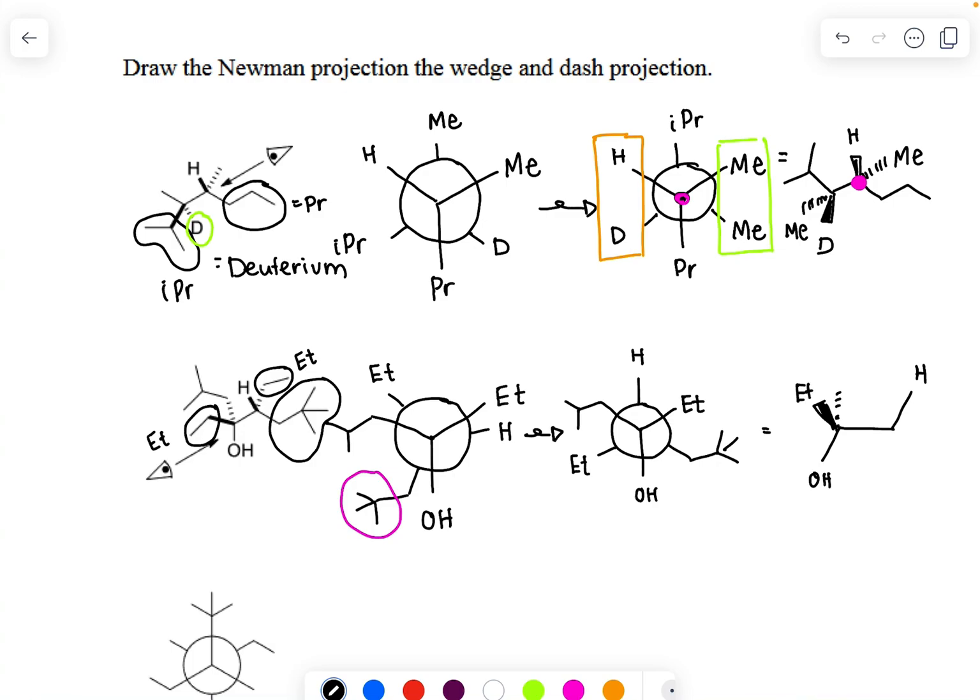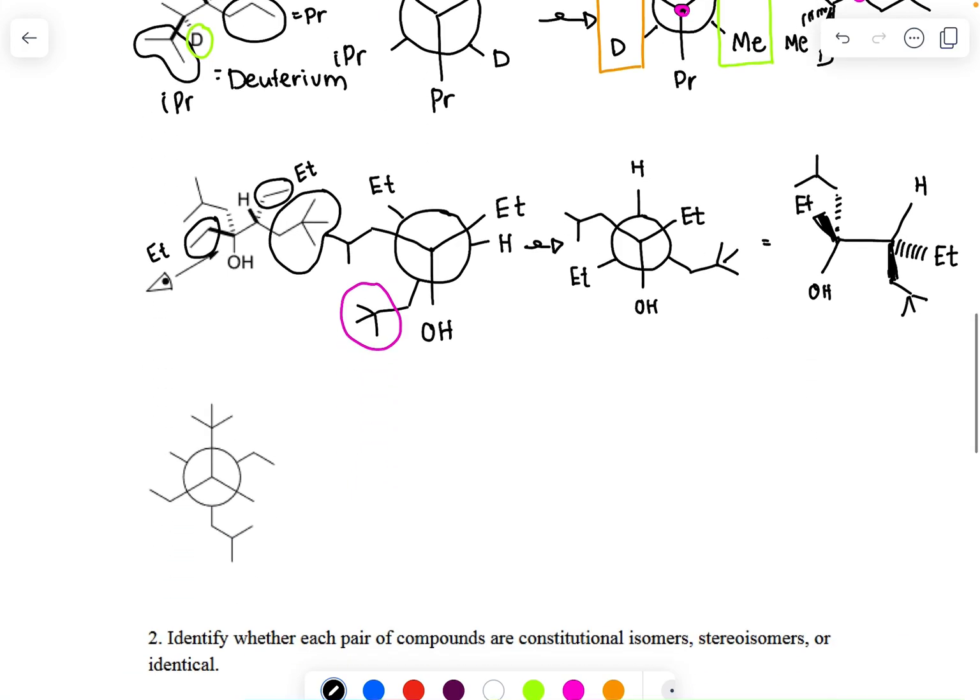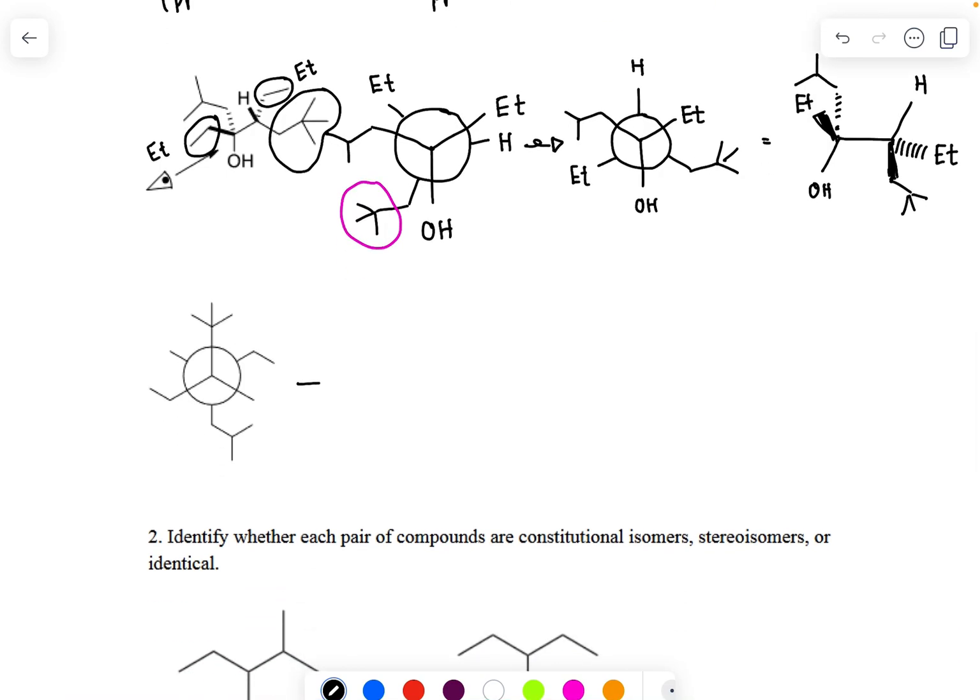And my sec-butyl would be there. And then on the back one, I want to make sure I draw my ethyl and the other group in the same plane. And then I have on the back carbon the ethyl and the sec-butyl in the same plane. So again, lots of ways to draw the molecules. If I had this one right here and I was just converting this back into a line bond,